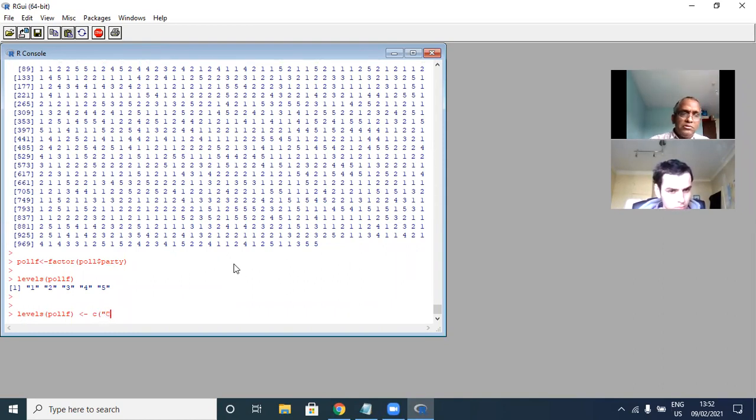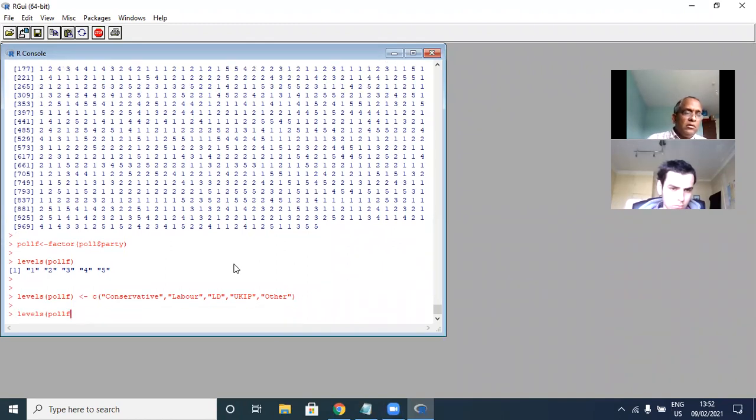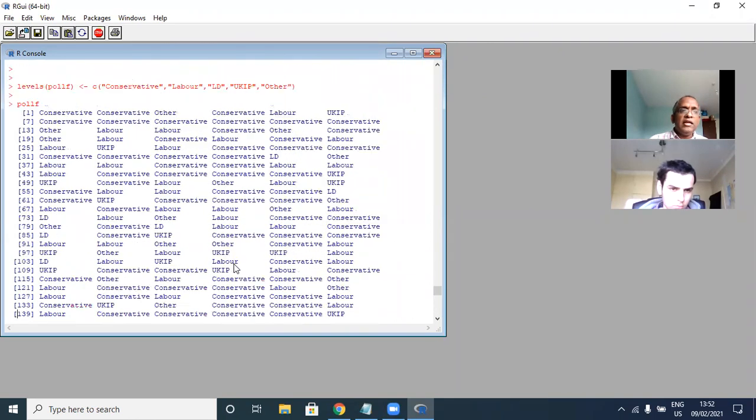So 1 corresponds to the Conservative Party. 2 corresponds to the Labour Party, right? And 3 corresponds to the Liberal Democrats Party. The 4 corresponds to the UKIP Party, and the 5 corresponds to other parties, right? Okay. Now, if you type poll F now, what you will get is this. You see, the data has been recorded in terms of the actual names of the parties than just the numbers,